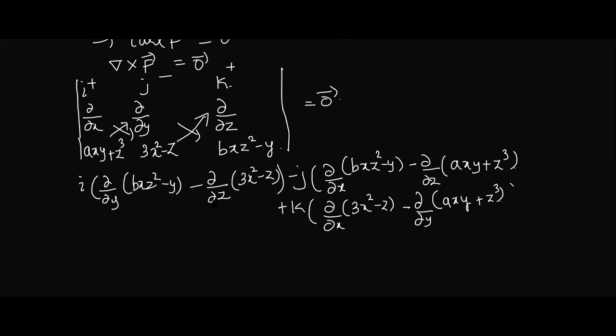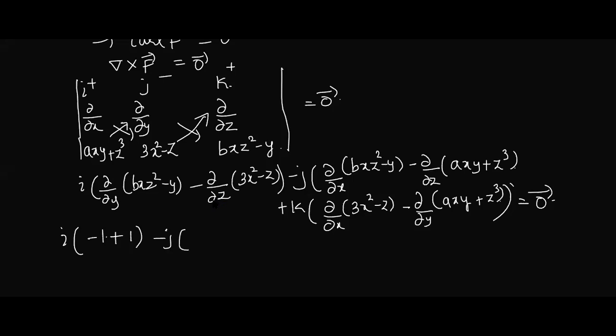Very good. Now this is equal to the 0 vector. So this is i into bracket. What is the derivative of this bracket with respect to y? There is no y in the first term, so 0. Correct? Minus 1. Here, with respect to z, what is the value of the bracket? Minus 1. Minus j into bracket. Minus of minus 1. Shall I write plus 1? There is no space. This is plus of minus 1. You are 100% right.